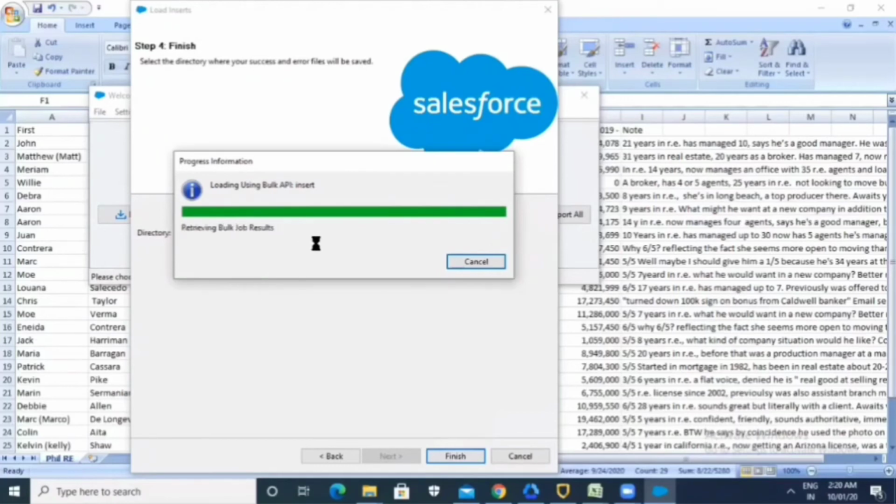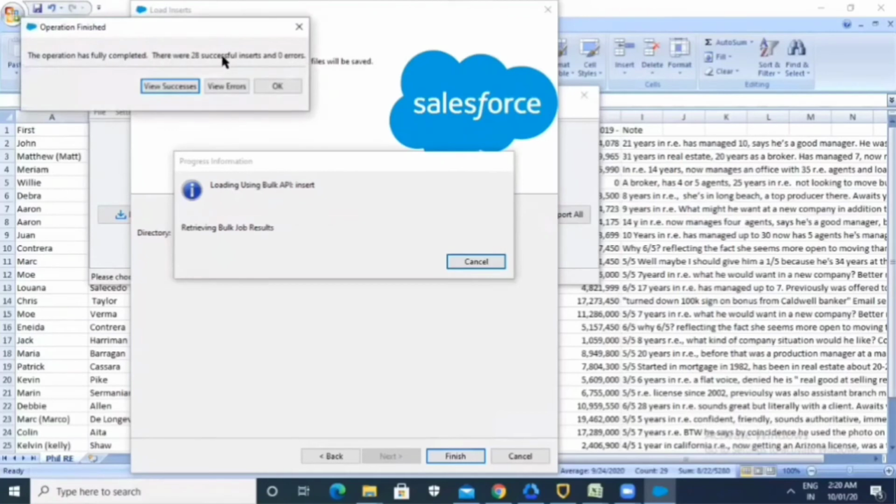So we can see there are 28 records successful and 0 errors. If there is any error, we can see what the error is in View Errors, and in View Success we can see the records that succeeded. In errors we can see the records that failed in the transaction.